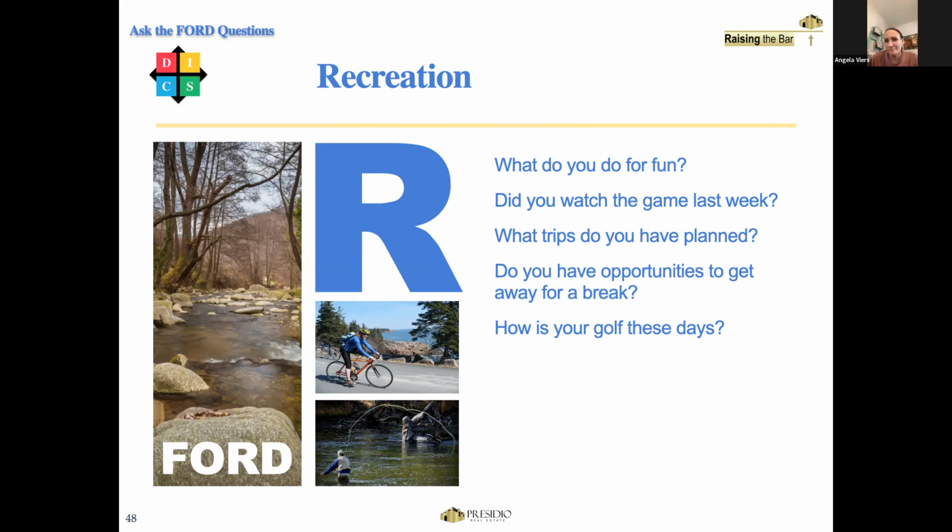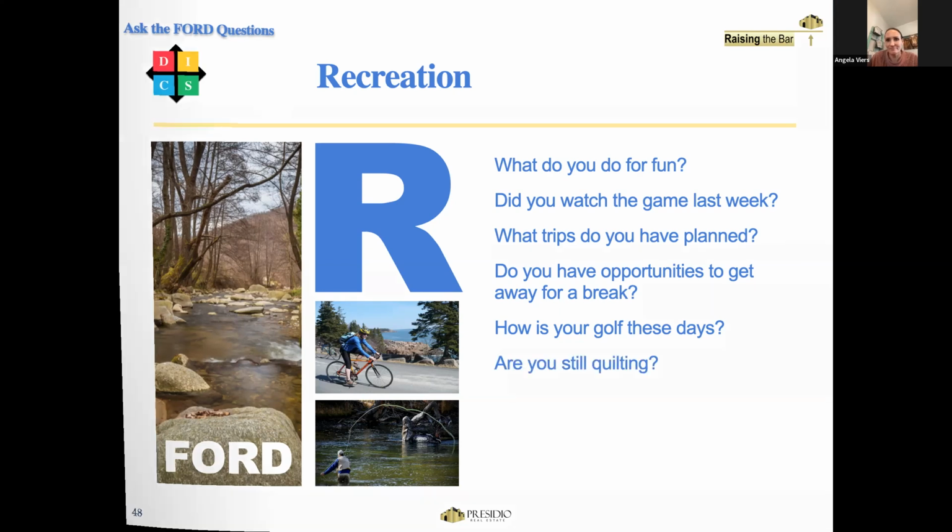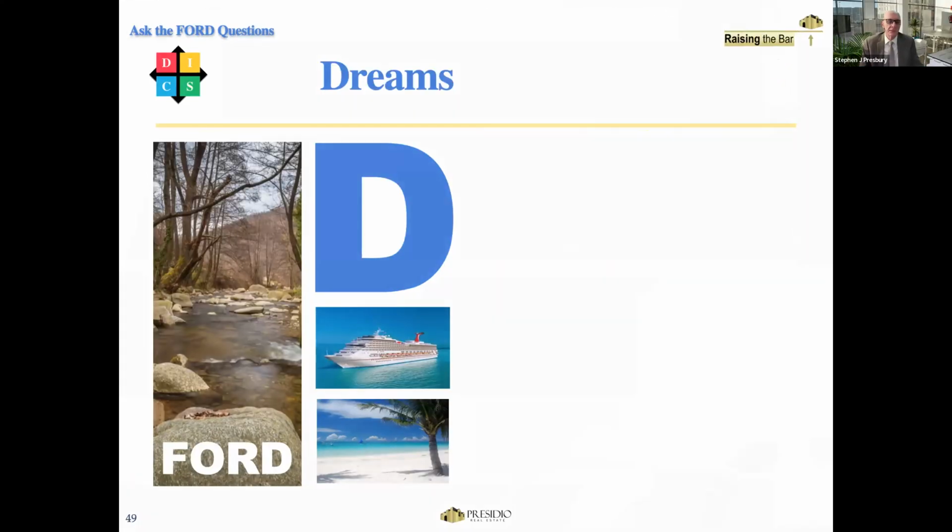Very good. And then finally, D. Anybody know what the D might stand for? Dream. It is. Dream it is. And this is probably one of the biggest ones that we can talk about, because people do like to dream about what they would like. If we're talking to someone who rents a property, then maybe their dream is to have their own home one day. And if we can find who those people are, a year passes, 2 years, 5 years pass, sooner or later we can help them get into their home.